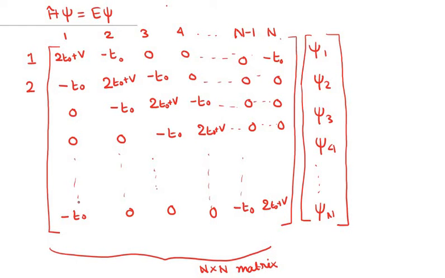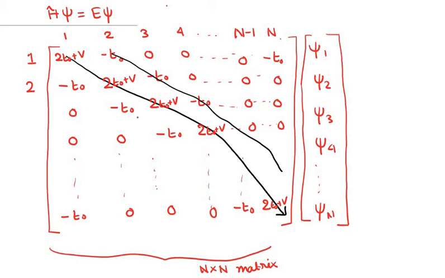Okay, so you see that the Hamiltonian can be written in this case in a tridiagonal format. So there is one diagonal column. Let me just highlight it here. This is our diagonal column. All the elements in the diagonal column are 2t0 plus v. This is the diagonal column of the square matrix, and this is the upper off-diagonal,